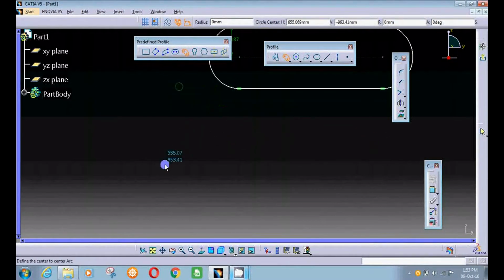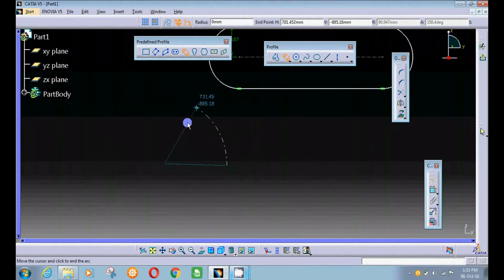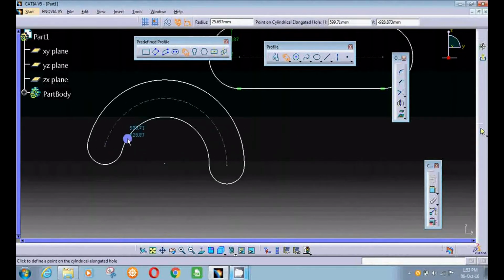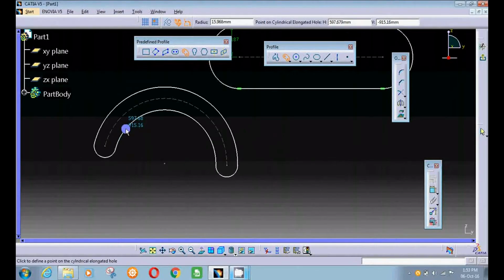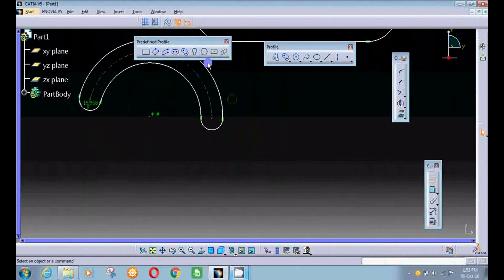When you choose a point on the screen, it creates an imaginary circle, then you make an imaginary arc, then you fill a radius to make this circle and elongated hole also. All the dimensions you can fill from the sketcher toolbar.